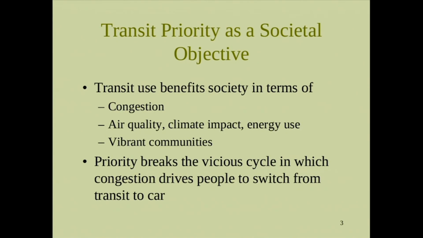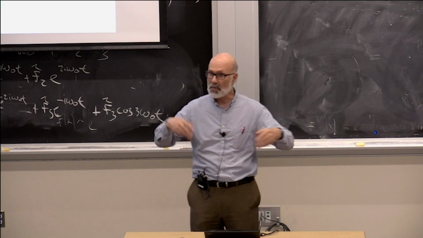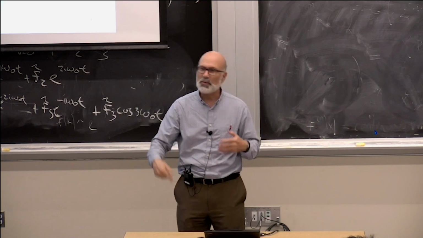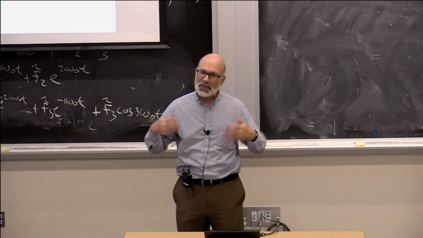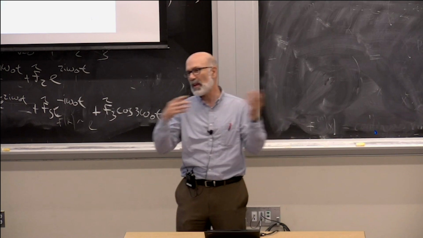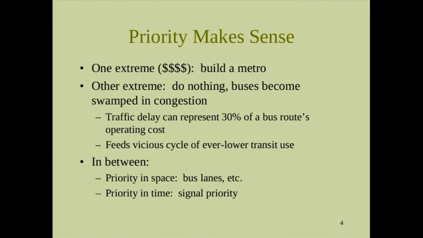And there's a vicious cycle, and this is especially strong in developing countries, where as people get more money, one of the first things they want to buy when they have more money is a car. And then with the car, the roads become congested, and then that slows down transit, so then people don't want to use transit, so then they get more cars, and it just keeps going. If you can do priority for bus, then that breaks that cycle, and now people will say, I'm going to use the bus or the train to have priority.